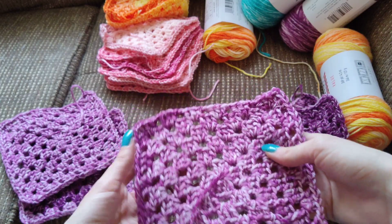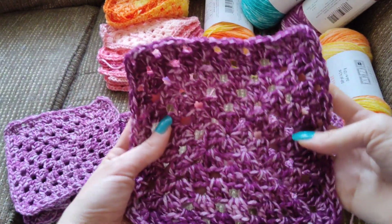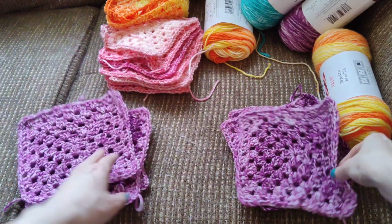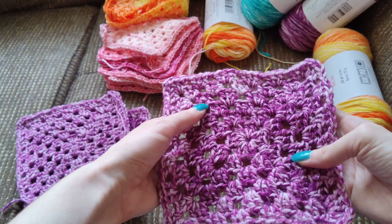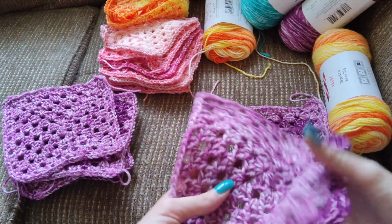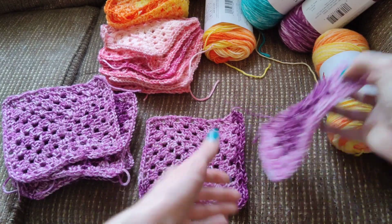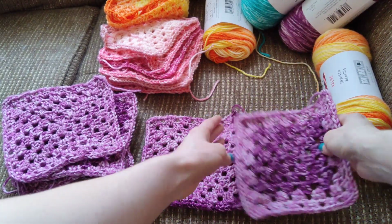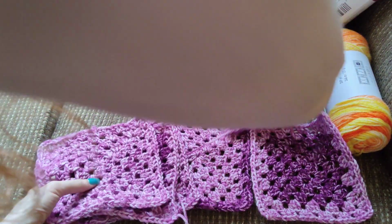And then it started to get kind of dark at this corner, and then we went back to the dark again, and then we went from the dark to kind of a lighter color, and then from the light it started to get dark again, and then from the dark back to light again. So if you line them up,